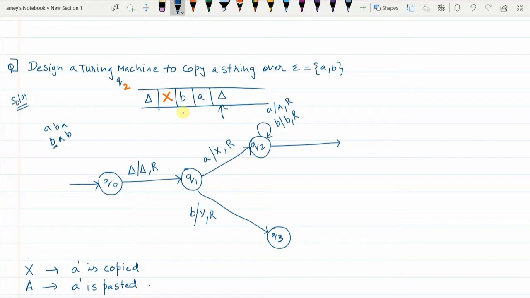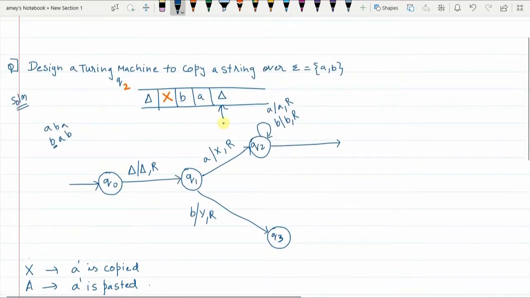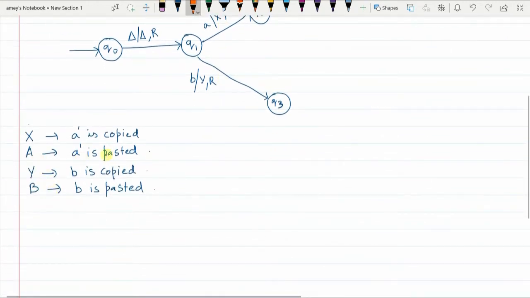Now when you are in Q2 state and delta is read, what will you do? See, you had copied this A. Now you have to paste that A here, and pasting the A means you will have to replace it with capital A, and capital A means A is pasted at that location. So in Q2 state, when delta is encountered, I will replace this delta with capital A, because capital A means A is now pasted.